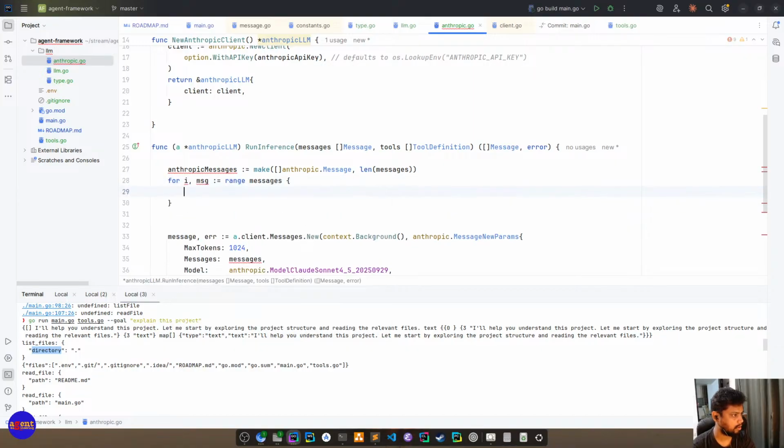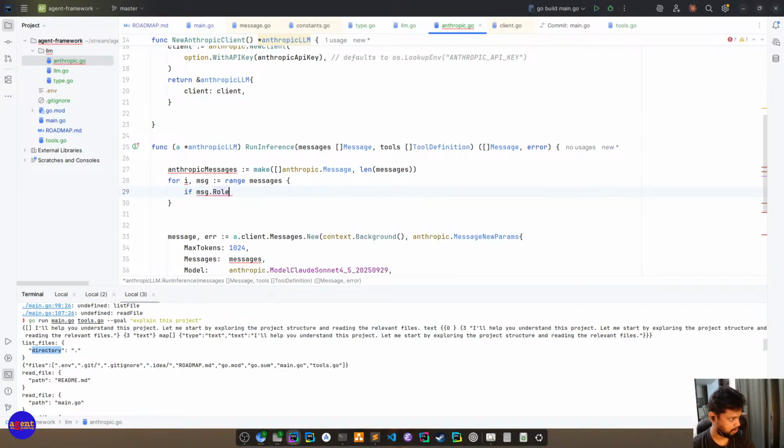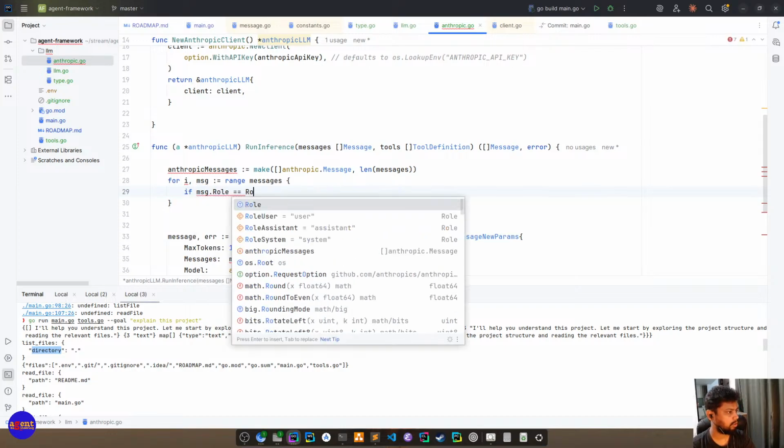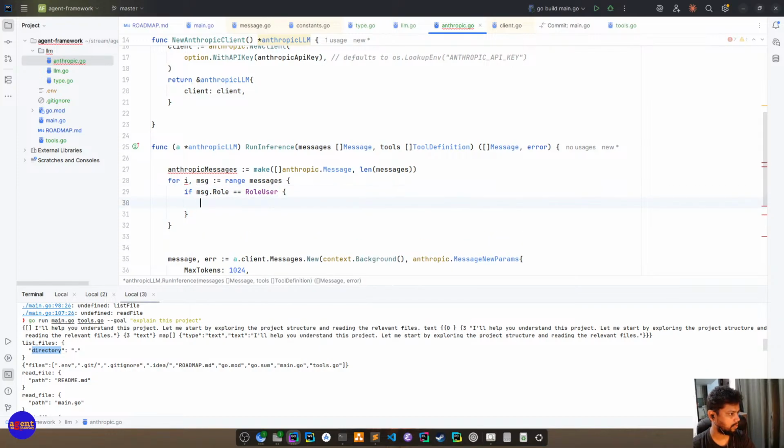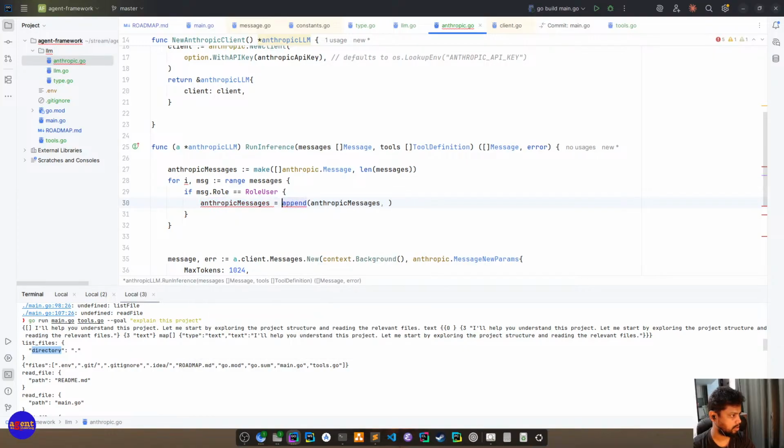For in messages, okay, what is the difference between if message dot role user topic, just append.